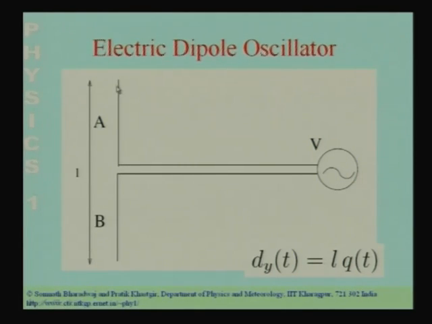Now, this kind of an oscillating electric dipole has considerable technological applications. So, much of the radio receivers, radio transmitters, the antennas used over there are electric dipole oscillators. For example, your TV, you might have seen the TV antennas, they are a collection of electric dipole oscillators. They look like an electric dipole oscillator, which is essentially a long metal rod which is cut in the middle and has two leads connected to a voltage source or possibly to a detector.